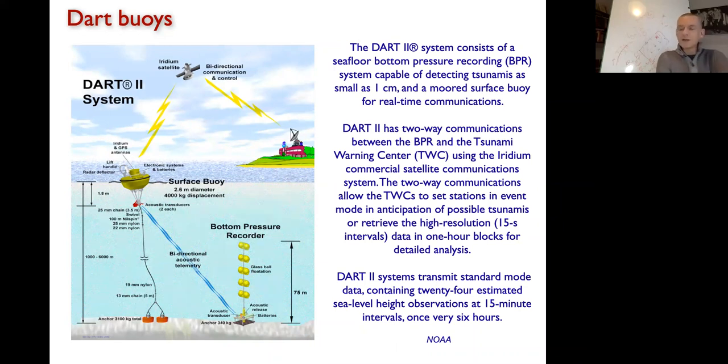Let's spend 1 minute about the instruments that can record a tsunami. Now, what about traditionally, before essentially the Sumatra earthquake, the instruments that could record tsunamis, actually they were mariograms or tide gauges,